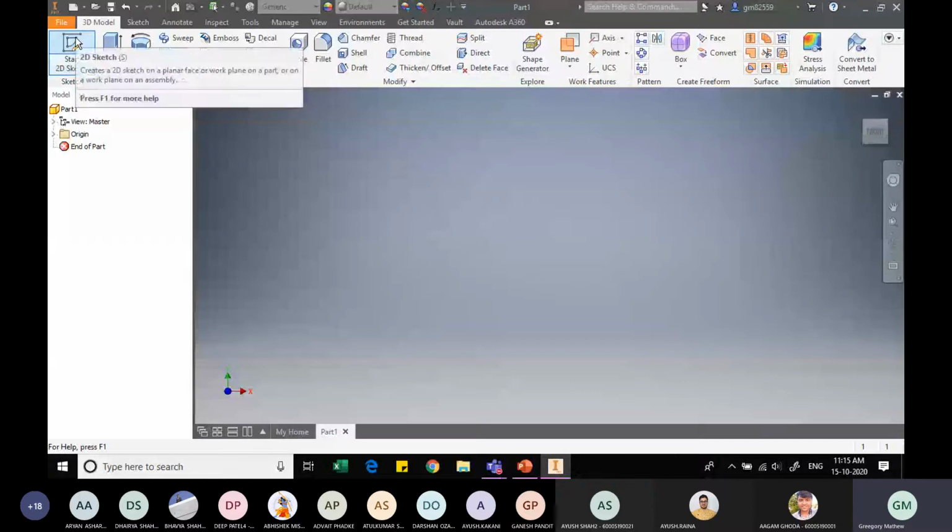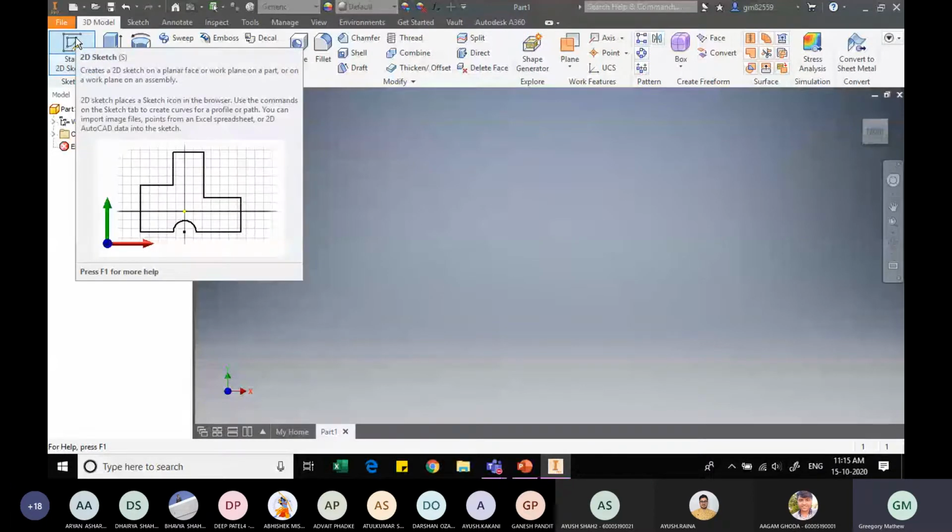So first you need to set up your project file. That is, you need to create a new folder with the name pulley and bracket, and then set a project file pointing to that location. And then they will be saving different components at that particular location. So please always remember that we are going to use the standard IPAT template. So I've already selected this.